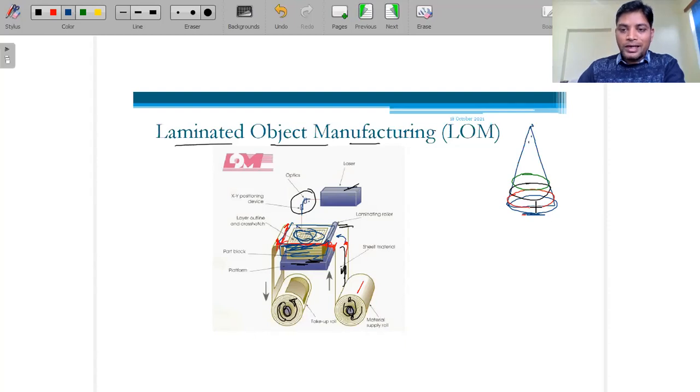Once this object is created over this sheet, we give a feed through this roller. So the scrap material now moves in this direction and is wrapped over this roller.